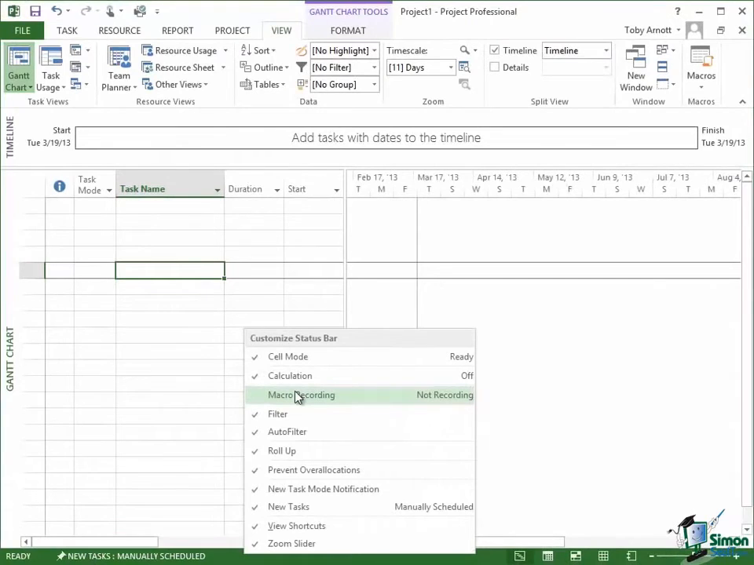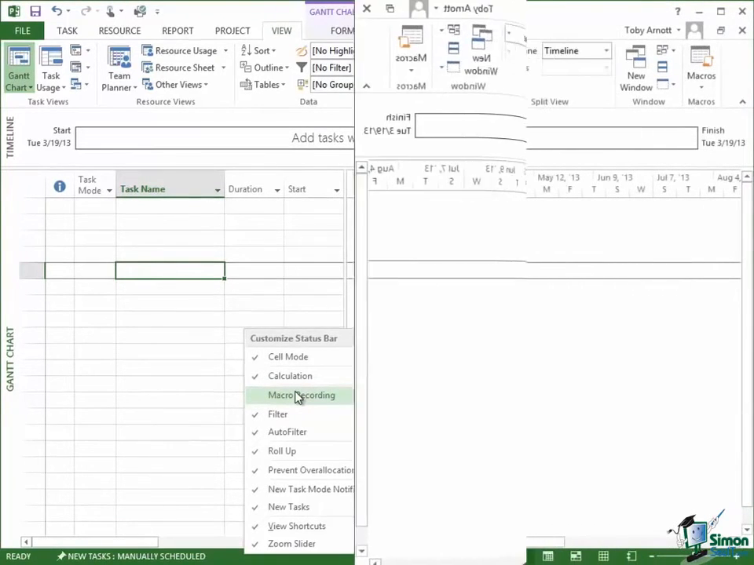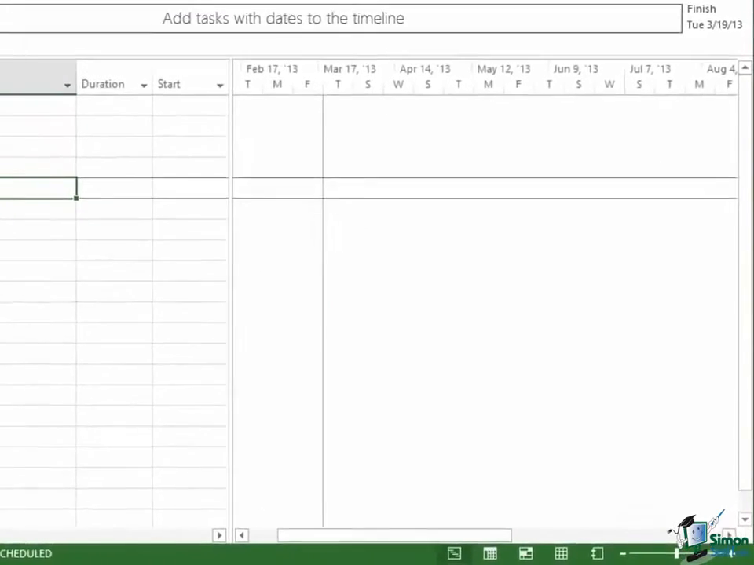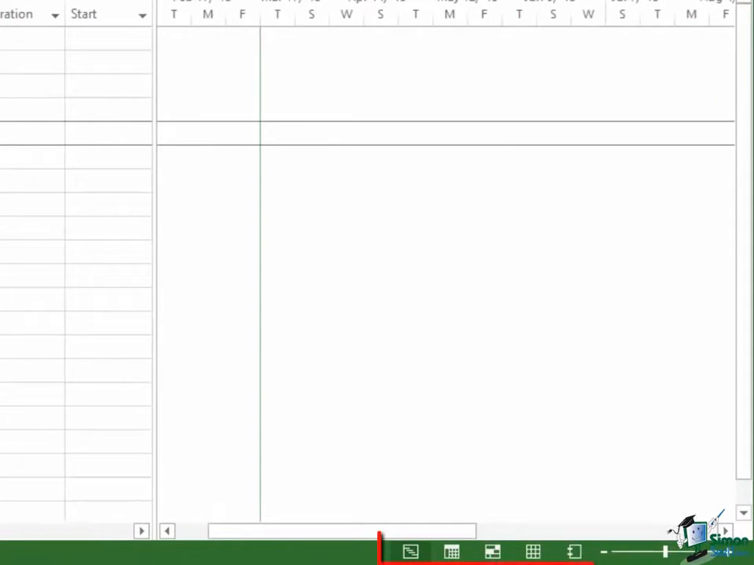So now let's take a look at the right hand end of the status bar. And what we have at the right hand end of the status bar are a set of buttons that we can use to switch between views of the current project. And we also have a slider on the right that generally determines how far zoomed in we are on timescales. Now the different views of the project that are available include the first one, which is the Gantt chart view. Then we have a task usage view, a team planner view, a resource sheet view, and then we have a